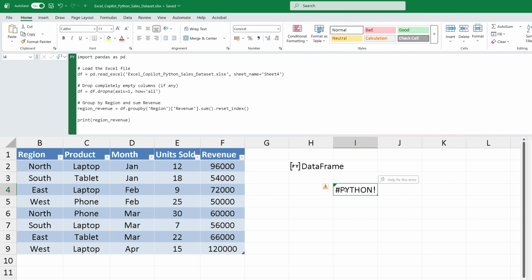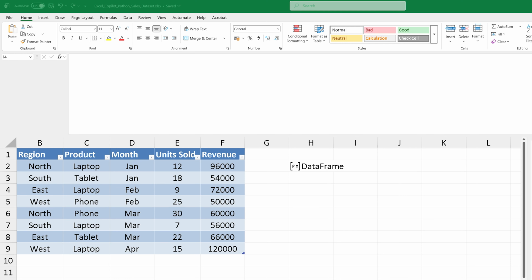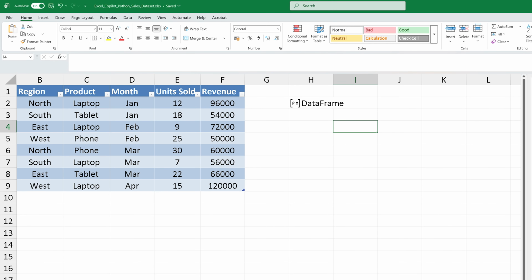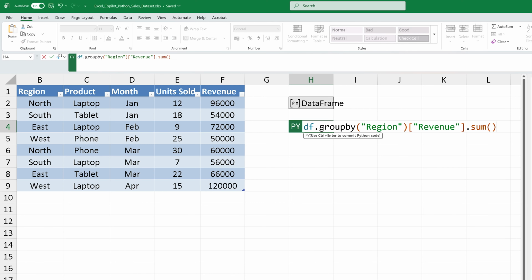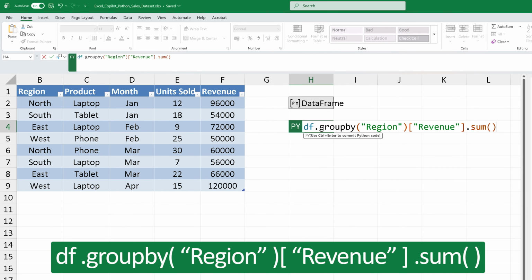So there is kind of an issue here. Probably I can see what the issue is, but let's leave it. Sometimes Copilot also does not help us in writing the code properly. So you can take help of another AI platform, and actually the code here needs to be the following, which is very simple. Where I am saying the data frame, which we already have defined here, dot group by,